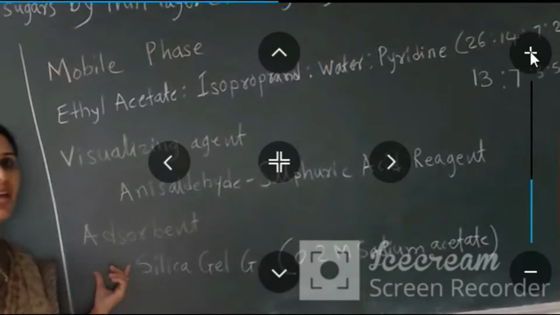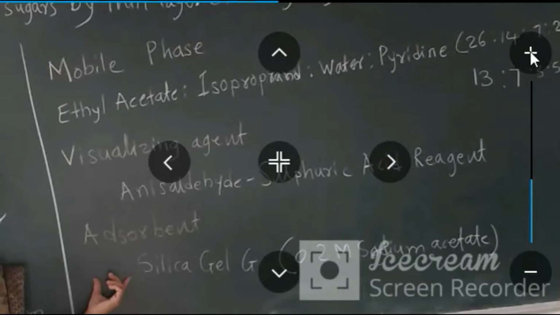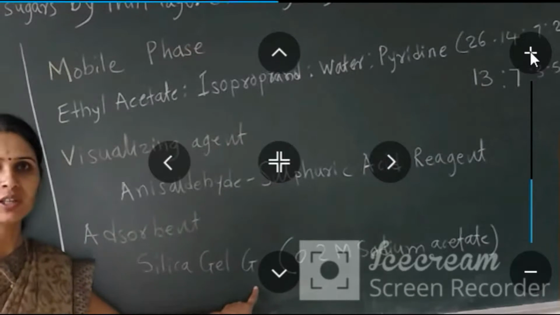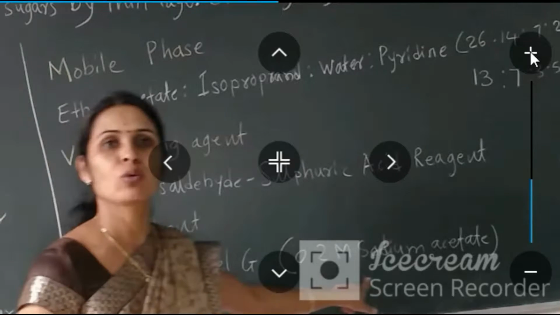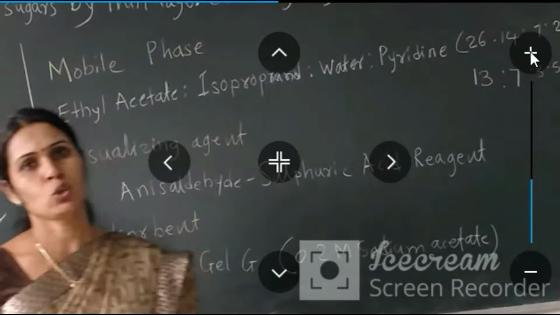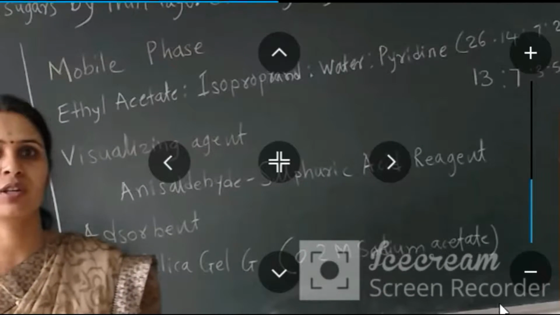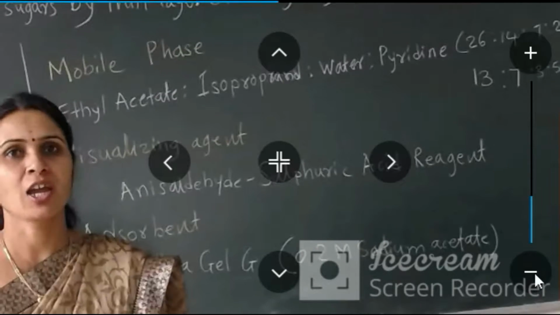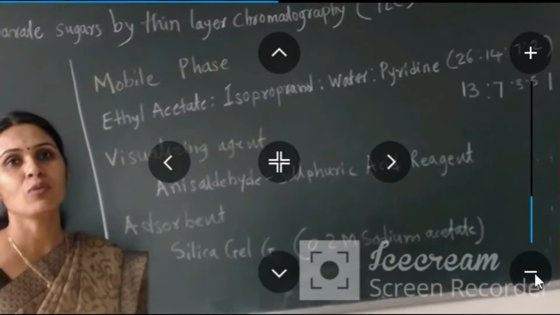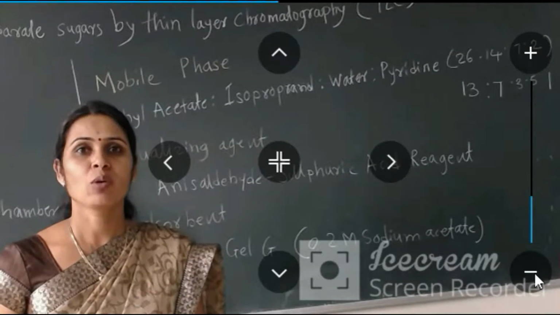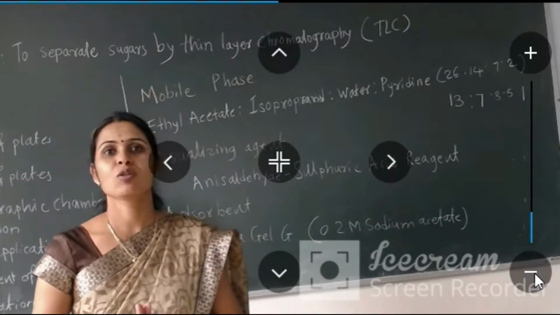Now the adsorbent material we are using here is silica gel G in 0.2 molar sodium acetate. These sugars or carbohydrates, as you know, contain many hydroxyl groups. Because of this, they are highly polar. And the silica gel which we are using also has silanol groups, which are also polar.